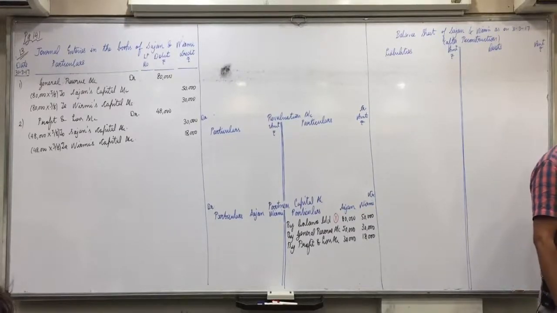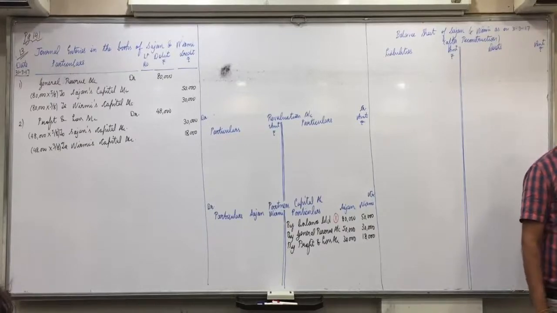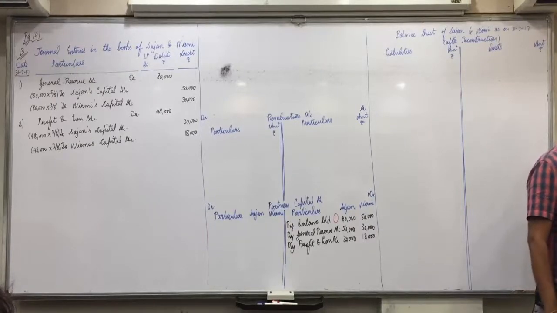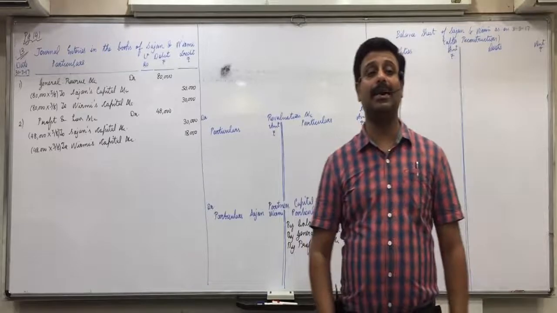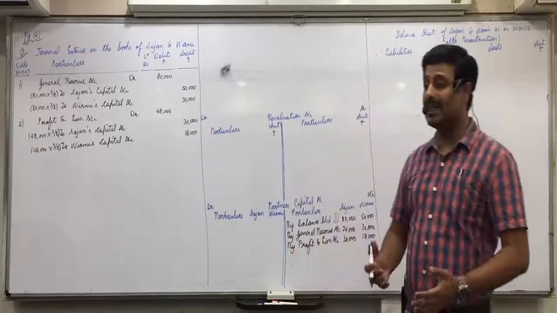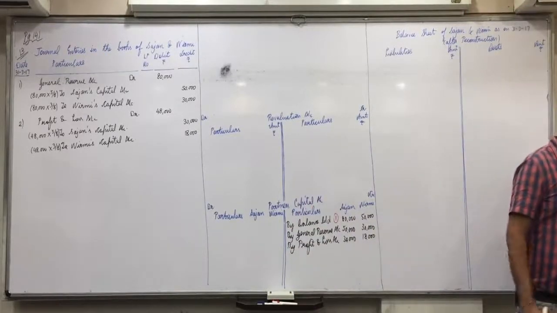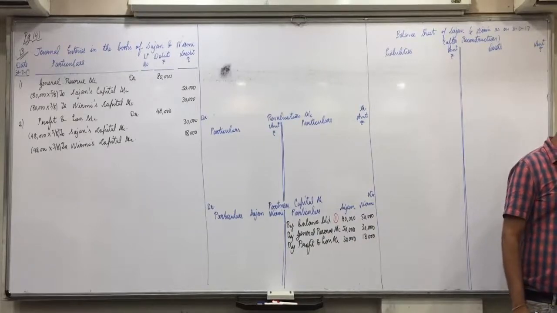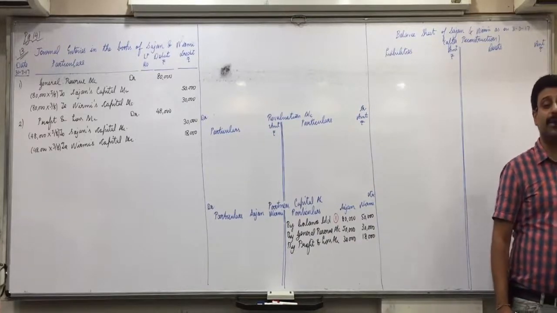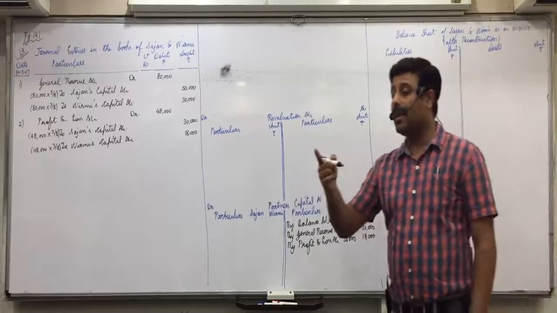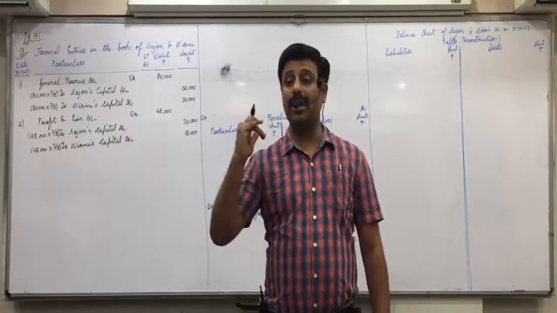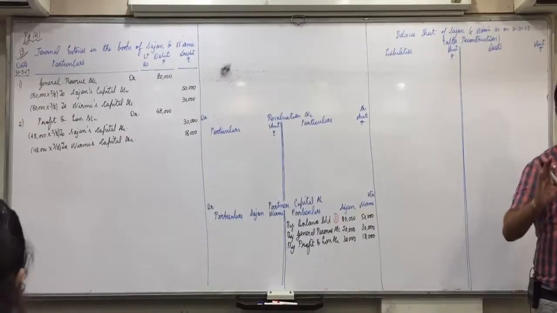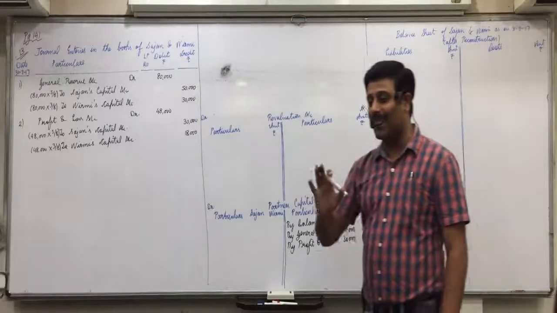Partners decided to revalue the assets and liabilities of the firm and to distribute profit in the ratio of 1:1 for future. There is the new ratio. This shows reconstruction is taking place, and that is the reason they are revaluing the assets and liabilities. First, the value of land and building is to be increased by 10%. Listen carefully now. Asset side, land and building is 1,40,000. Do you all find 1,40,000?